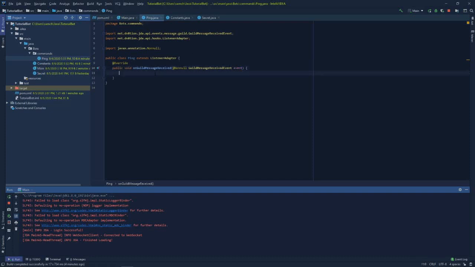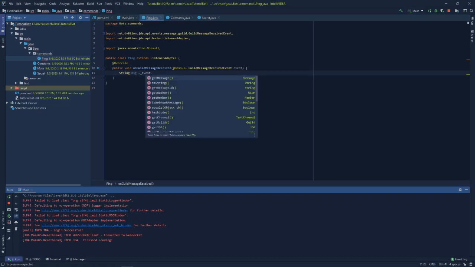Okay, so now let's say we want to get what the user said. Let's say we want to get the message that the user put in the server. To get the message, we're gonna first declare a String variable called message, which is gonna be the content of the message that was sent, like the text he said in his message. So String message, because a message is always text, so text is String. So String message equals event